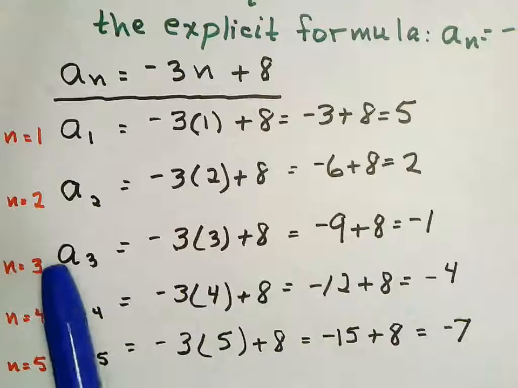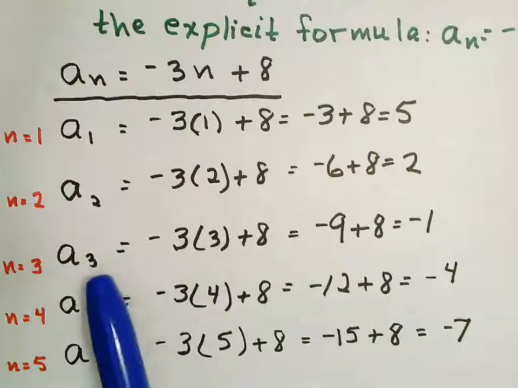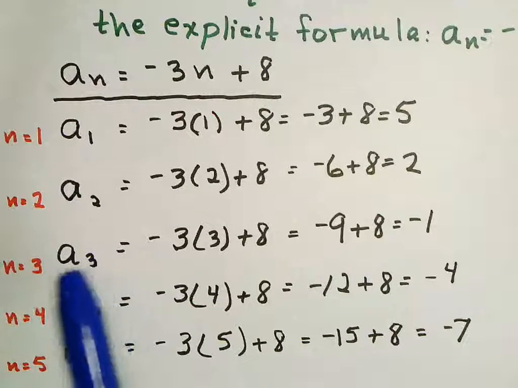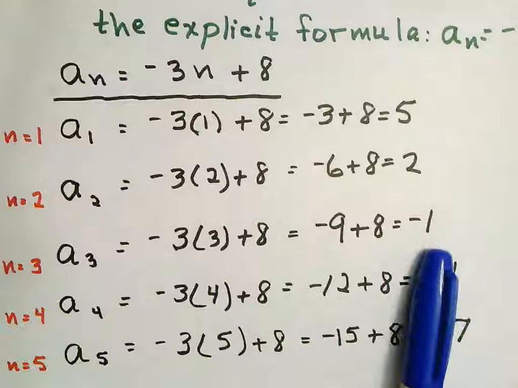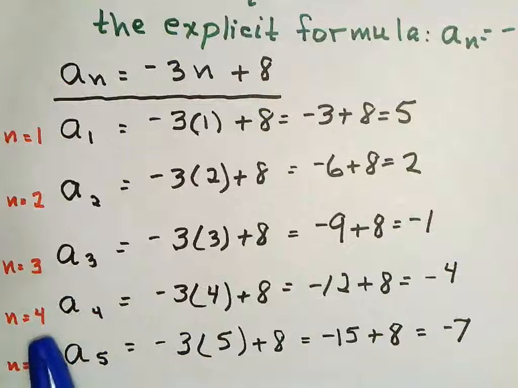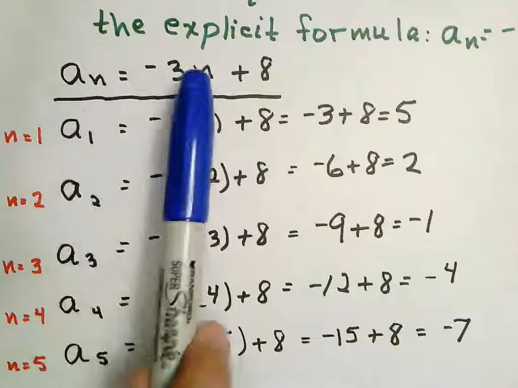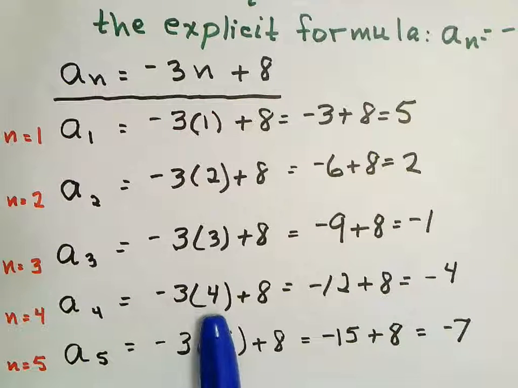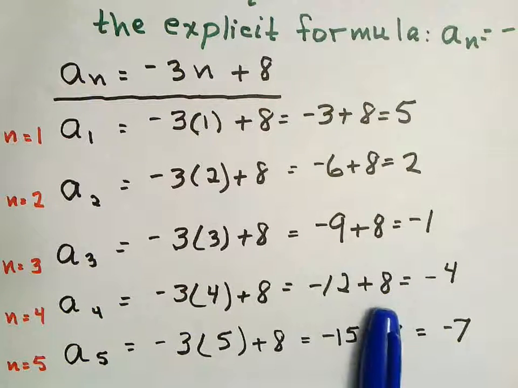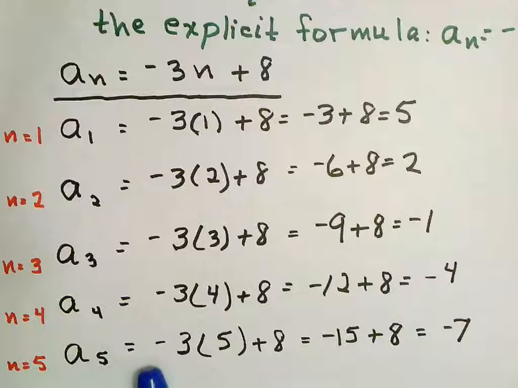Then we have n being 3. A sub 3 equals negative 3 times 3 plus 8, which is negative 9 plus 8, which is negative 1. Here n is 4. So see, whatever this n is, that's the same n. So a sub 4 equals negative 3 times 4 plus 8, which is negative 12 plus 8, which is negative 4. n equals 5. A sub 5 equals negative 3 times 5 plus 8, which is negative 15 plus 8, which is